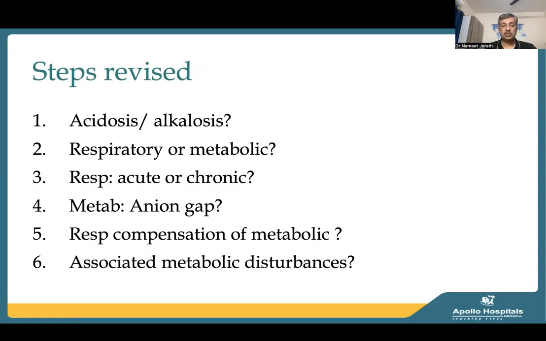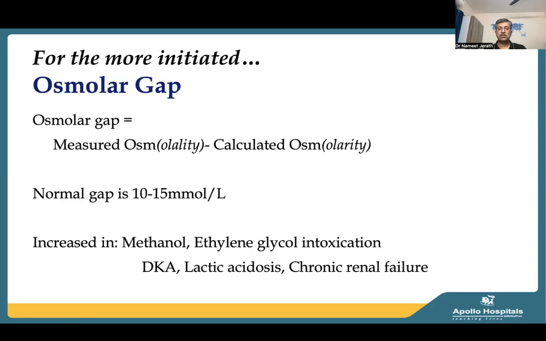So again, the 6 steps: acidosis or alkalosis, is it respiratory or metabolic? If it is respiratory, is it acute or chronic? If it is not respiratory and is metabolic, we calculate the anion gap. For an anion gap metabolic acidosis, we look for the respiratory compensation. Is that adequate or not? And at the last step, we find the delta gap or the corrected bicarbonate, trying to find out are there associated metabolic disturbances happening. Okay, so